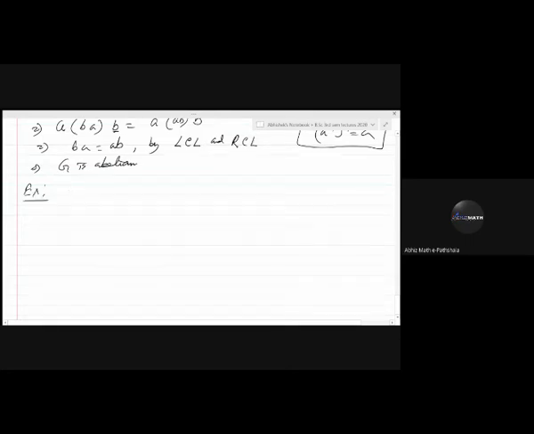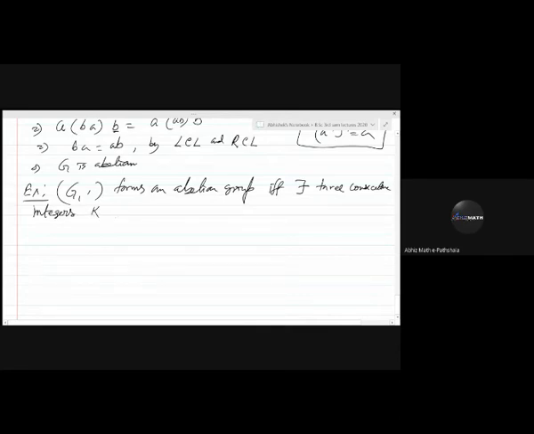That is, G forms an abelian group if and only if there exist three consecutive integers k such that (ab)^k is a^k b^k for all a, b belongs to G. So if you can find three consecutive integers k, for which that means (ab)^(k-1) is a^(k-1) b^(k-1),